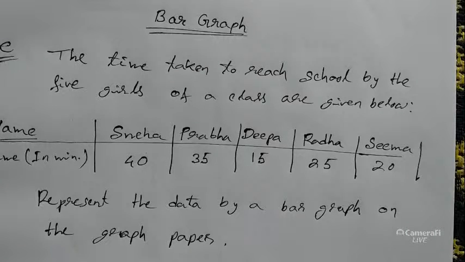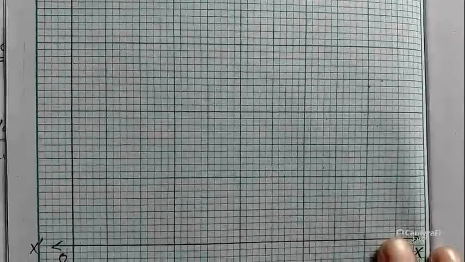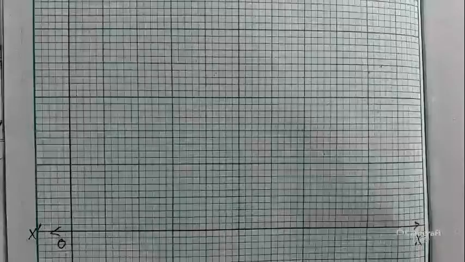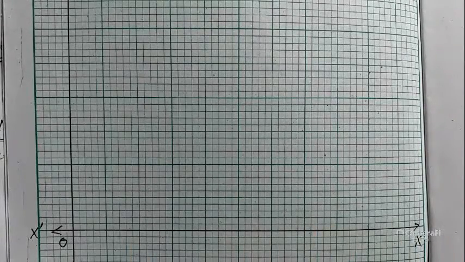So you have to take a graph paper. Here this is the graph paper. This is a graph paper, where there are some number of small squares along the horizontal and along the vertical,